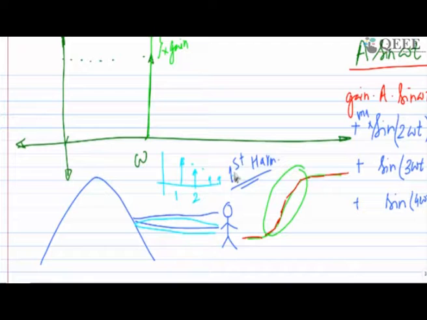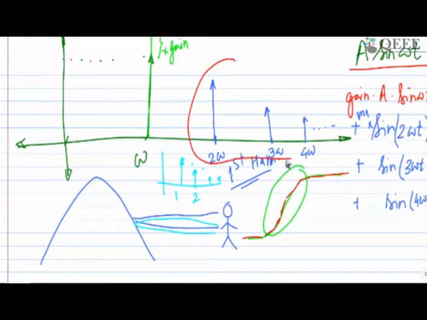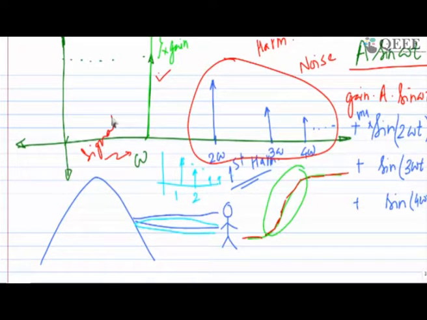The same thing will happen in our circuit. You are not going to see only omega, you are going to see something at 2 omega, something at 3 omega, something at 4 omega, and so on. And these are the things which we don't like. Look, I want to see only a clean signal, this one, nothing else. These are the harmonics, and so these harmonics are known as noise, and this one is known as the signal. So I want to keep my signal to noise ratio as high as possible.